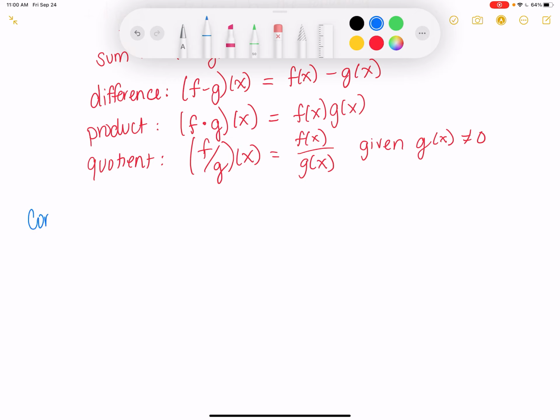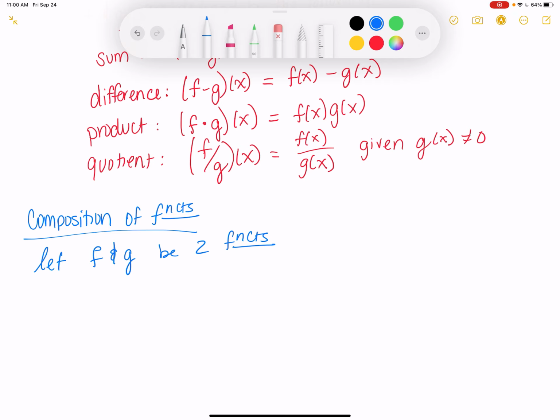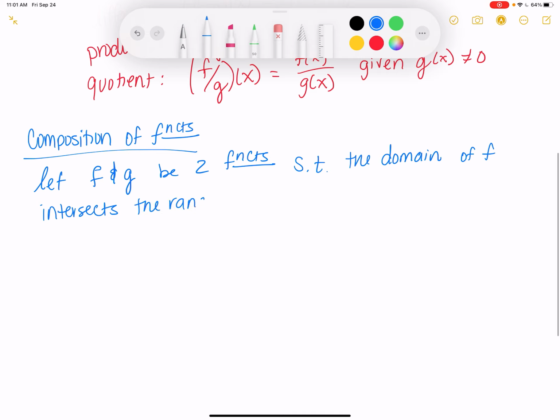Next we have the composition of functions. So we're going to let f and g be two functions such that the domain of f intersects the range of g. So the composition is f of g,